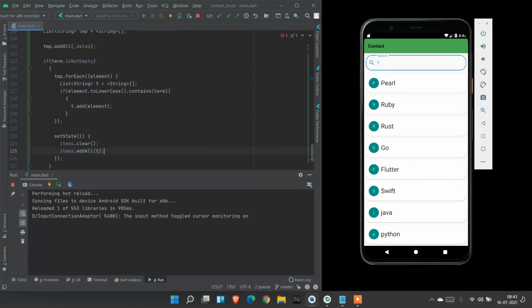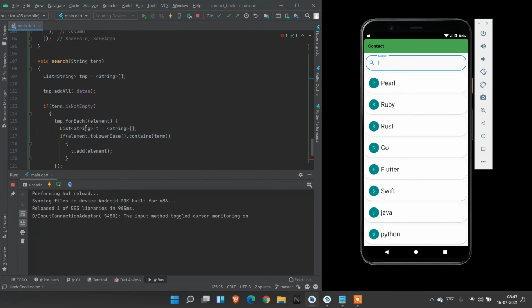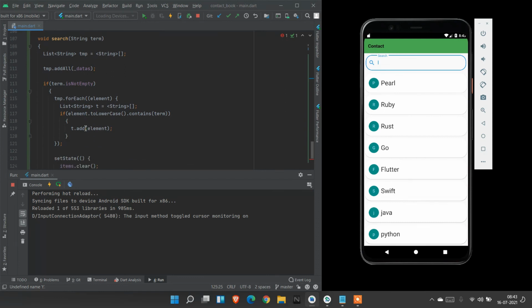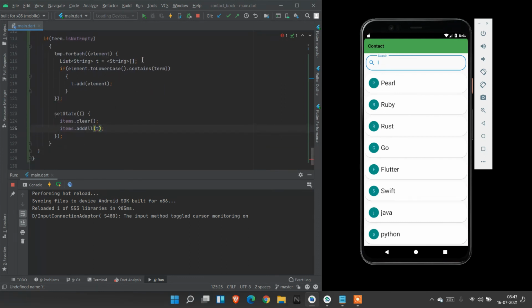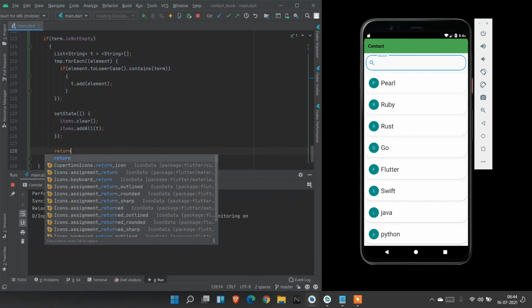So we are going to create a T list for this. We need to define the list before the iteration. So I cut it from here and paste it here. Now the error will not be shown.